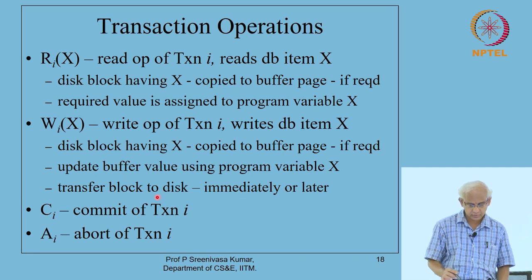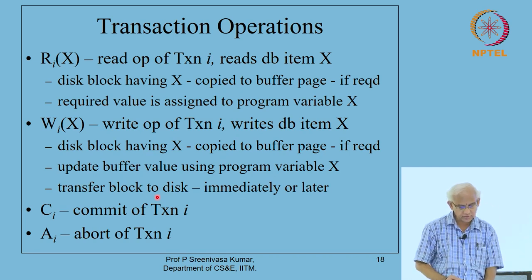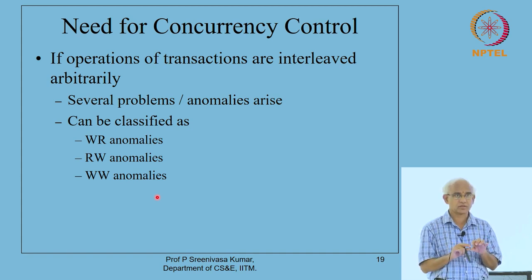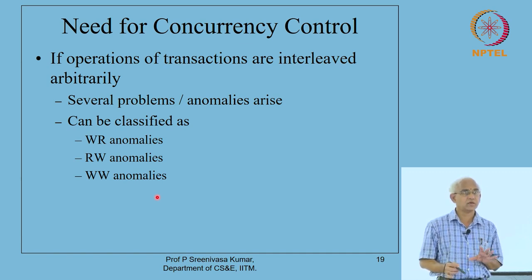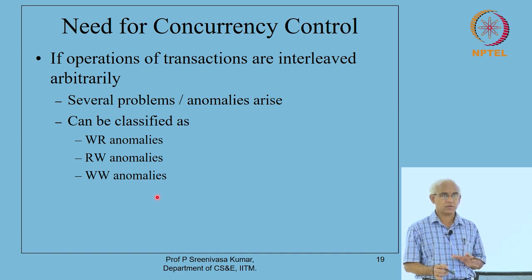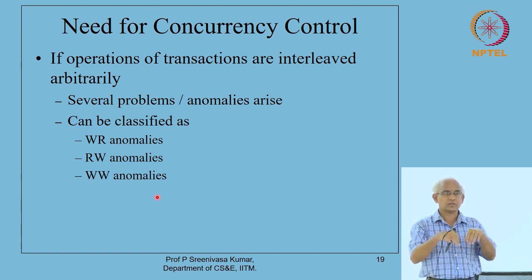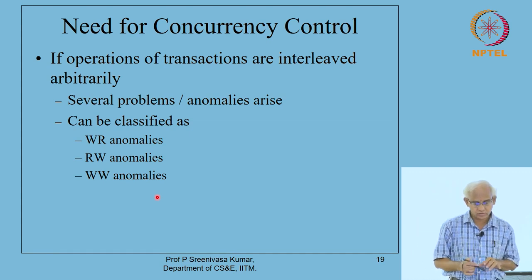With this notation, we will be able to set up what is called a schedule of transactions. We'll set up that. Before we go into that, let's briefly discuss the need for concurrency control. I think we can intuitively feel the need for concurrency control, because if multiple processors try to access the same item, then there are going to be problems. So, let's give some clarity to that.